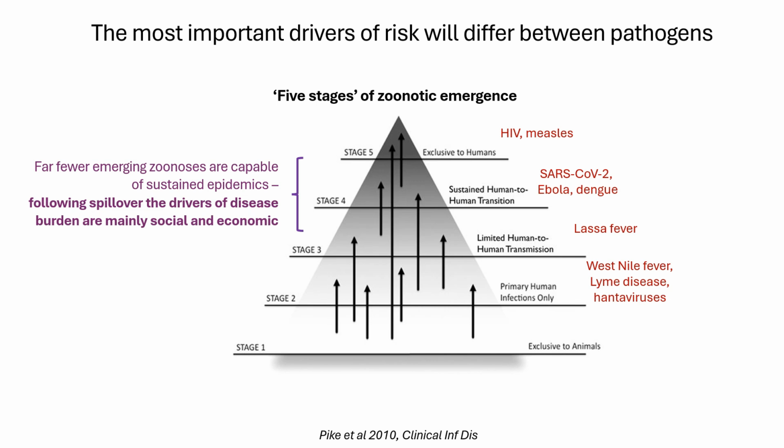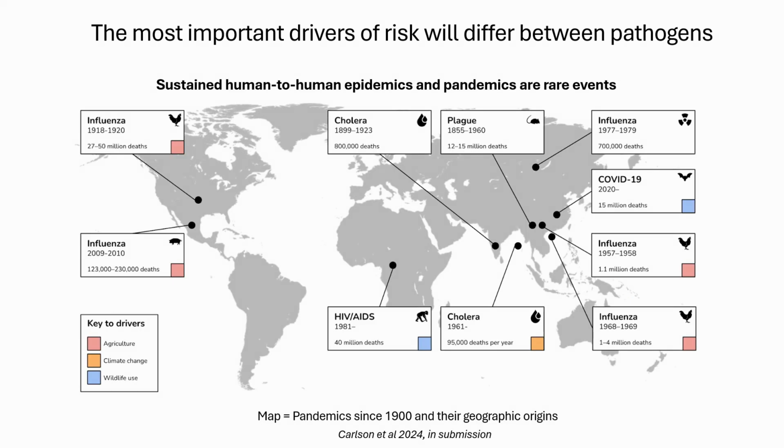And once they do emerge into human populations, the drivers of disease impact and burden, as well as spread, are predominantly social and economic, right? So we're shifting towards a different conception of risk that might prioritize the social and economic drivers over the ecological drivers. And this rarity is reflected in the fact that sustained human-to-human epidemics and indeed pandemics are fairly rare events. So this is a map of pandemics since the start of the 20th century and their geographical origins. And what this shows is that there are around 10 pandemics since 1900,